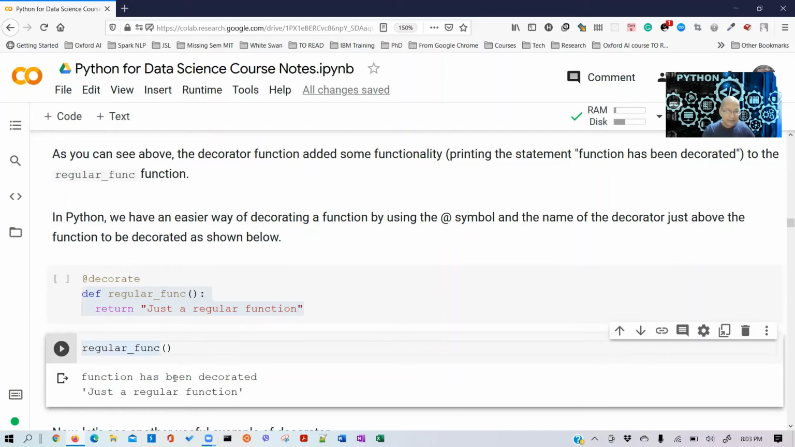Now, you see this, right? You get back the decorated version. How do you know? Because you see this line in the output, function has been decorated. So that means this function has been decorated. All right. So yeah, I know it sounds very complicated, but you know,